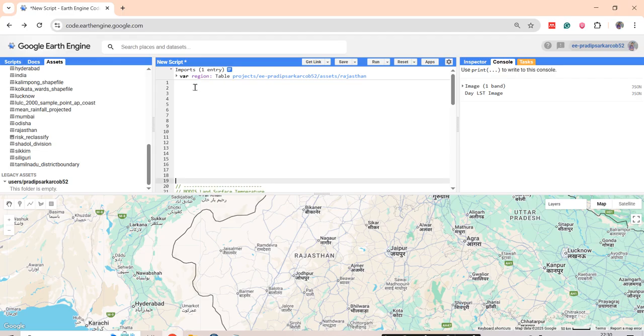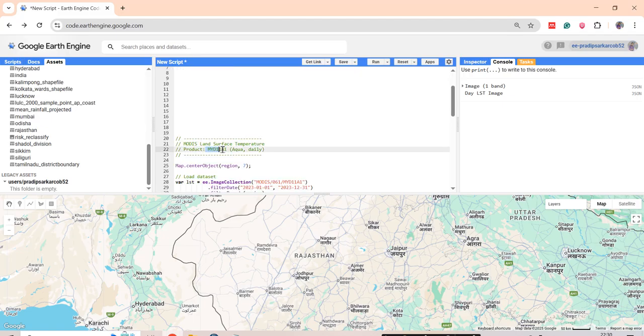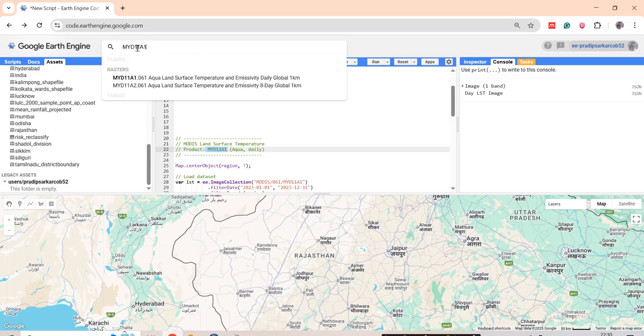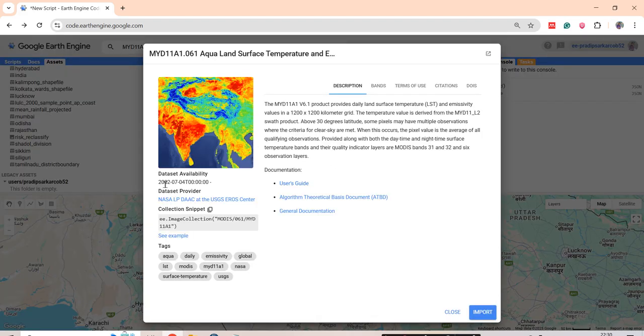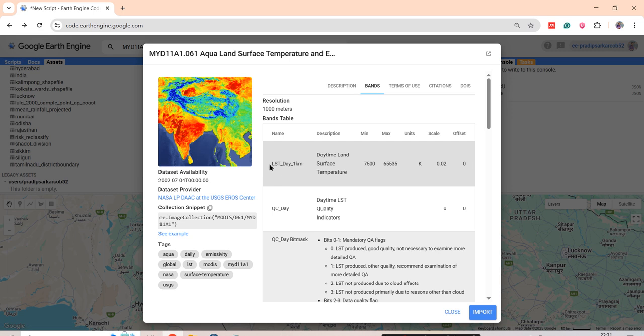In this video, we are going to learn about MODIS LST, which is basically daytime LST and nighttime LST. In this case, we are going to use MYD11A1. Just click on that. You will find the dataset availability from 2002, the dataset provider, and the collection snippet, and then the description is over there, and the band is LST day 1